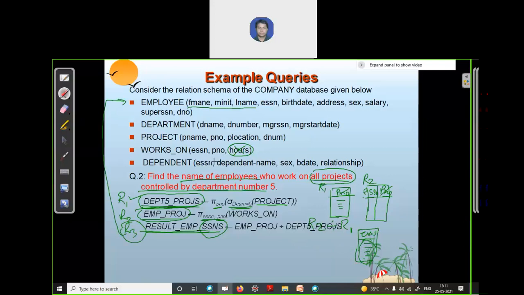So if you combine these relations, based on what condition? Is there any attribute that is common? Yes, SSN and ESSN. Apply the equals-to condition, where SSN equals ESSN, and join these two relations. What is the attribute of your interest? Name. So apply the project operator and get the result.